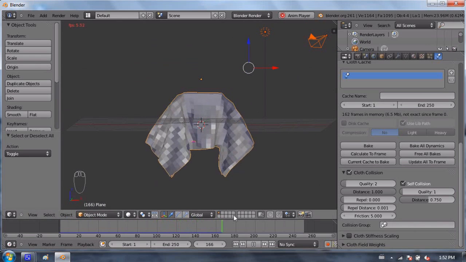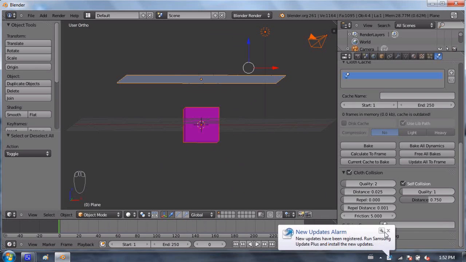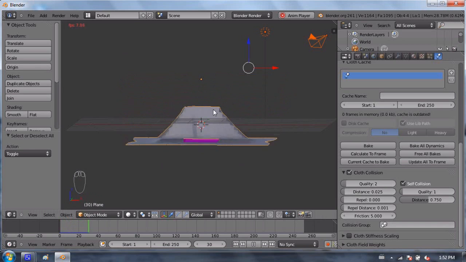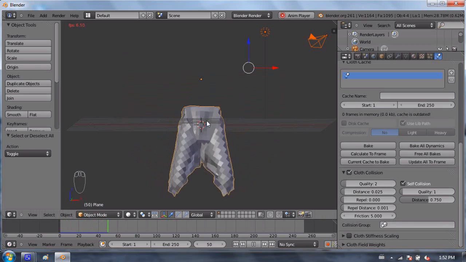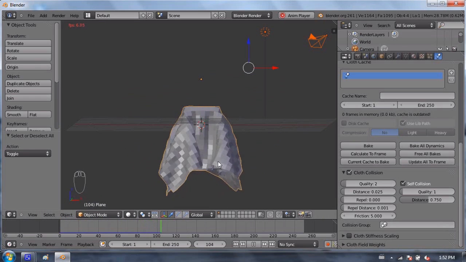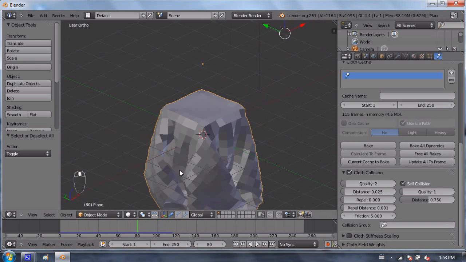I'll press Escape to stop simulating. And we'll change that distance to, it was 0.015 before, let's change it to 0.025, let's say, and let's try resimulating. So Alt-A. And kind of the benchmark here is if you're happy with it, and if the cloth doesn't penetrate through, or the cube doesn't penetrate through the cloth. So we've gotten to about frame 100 or so, so I'll press Escape, and let's see what's going on here. Does the cube penetrate through? No, it does not.